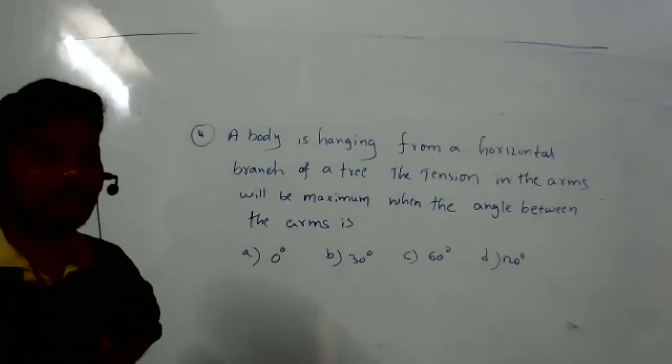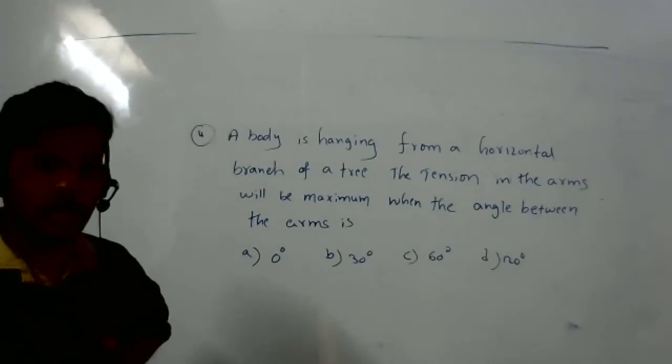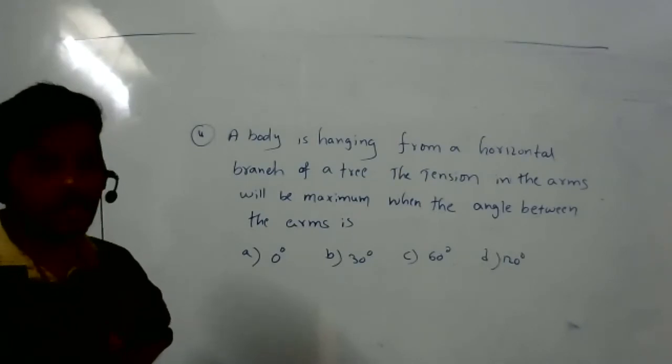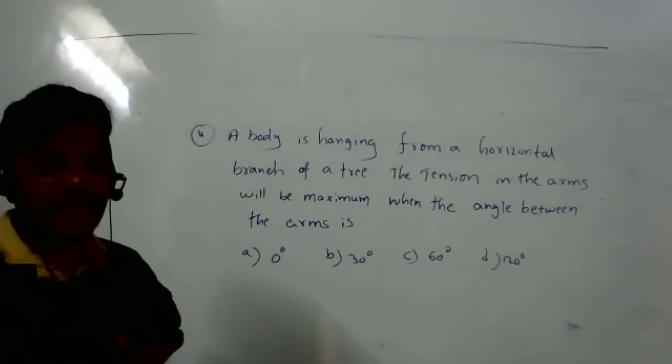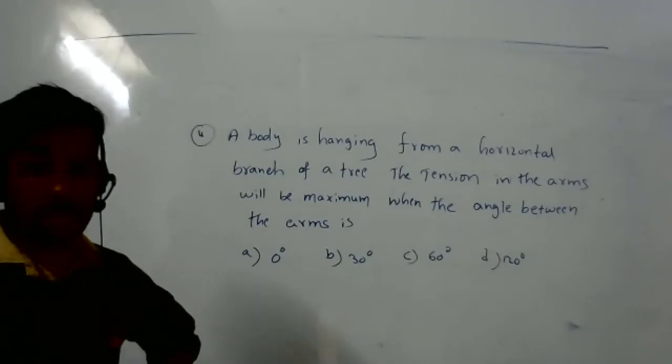Prashant, correct. Sir, which two arms, sir? Only 2 arms will be there. How many arms will be there? Sir, for a tree there are many arms, sir. No, the branch and one of the strings, right? Those two arms, right? Yeah. Only 2 will be there. Those two, right? Yes, those 2. Okay, yes, sir. Prashant.